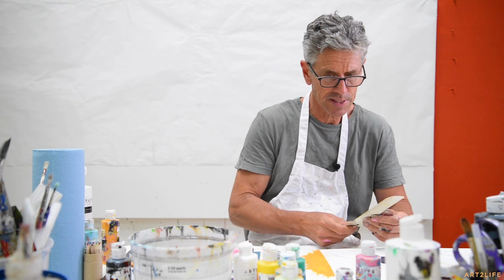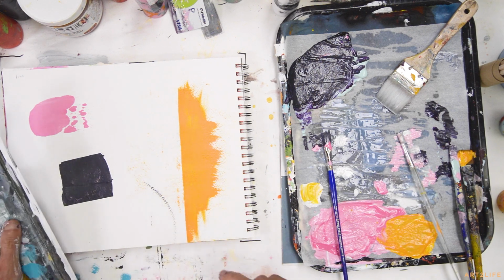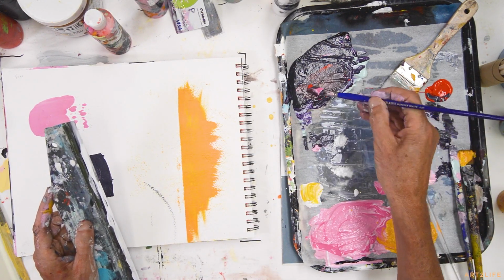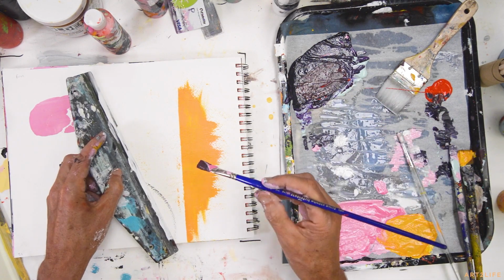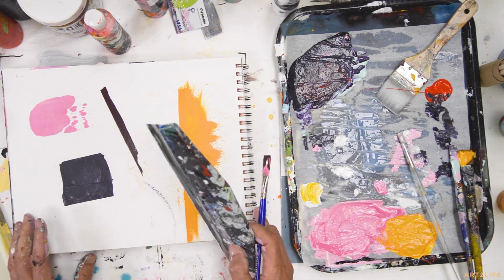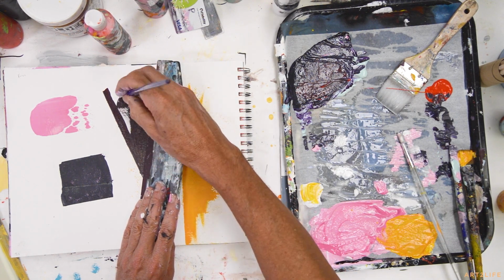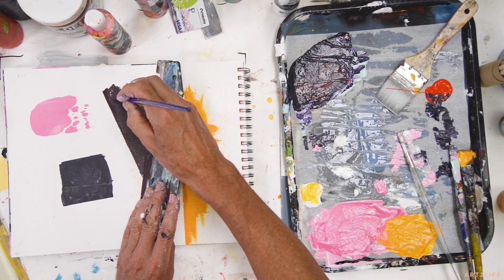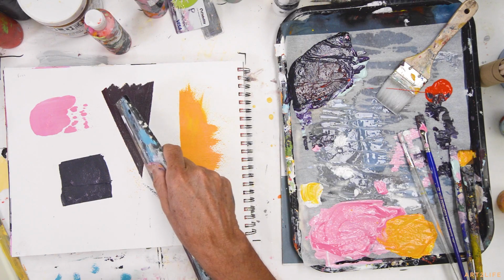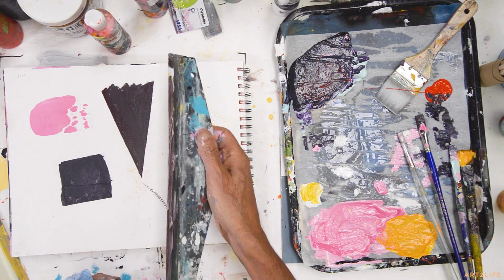The other tool I use a lot, so this is a painter's guide, but there's this one, and these are about $3. This is stiffer, and this one you can really press down on. I use this one more on my oil paintings, pressing really hard. Isn't that crazy? When you have clarity, sharpness next to looseness, clean next to dirty, it just gets so interesting. And again, I use this also